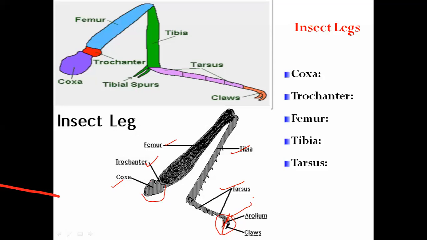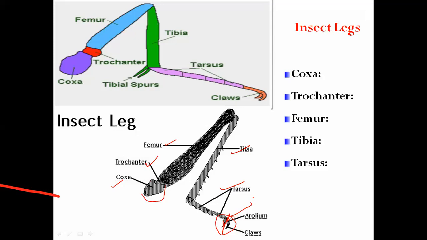So it is a basal small segment which is jointed with the body by means of the pleuron, where the sclerite present is called the pleurite. Where the pleuron is, on the thorax region, there is one sclerite, and its name is pleurite. Pleuron, pleurites. Tergum, tergites. Sternum, sternite. These are the sclerites of the thoracic region, isn't it? So this first part is the coxa, and this is where it is located. Understood?